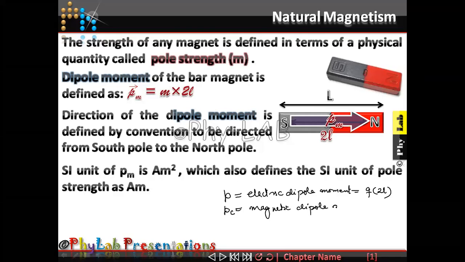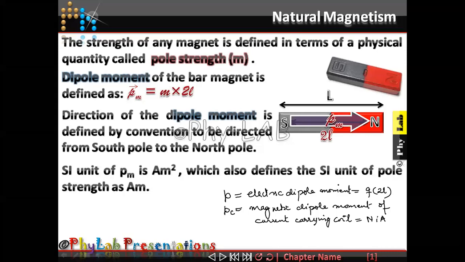coil. Now the current carrying coil was very important for you all because that leads to atomic magnetism. So the magnetic dipole moment of a current carrying coil, and the formula for this was NIA, where N was the number of turns, I was the amount of current flowing, and A was the area.